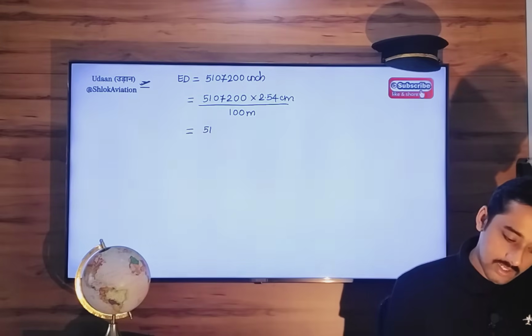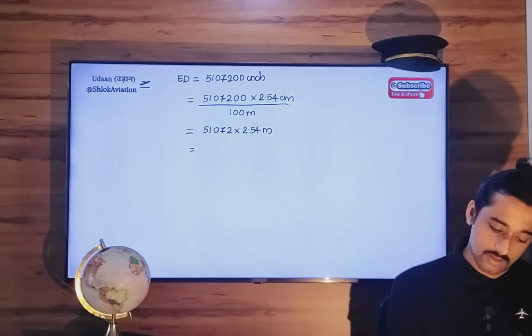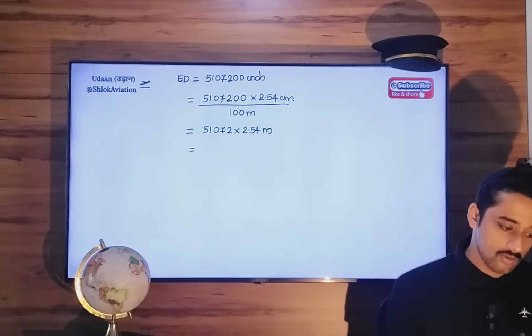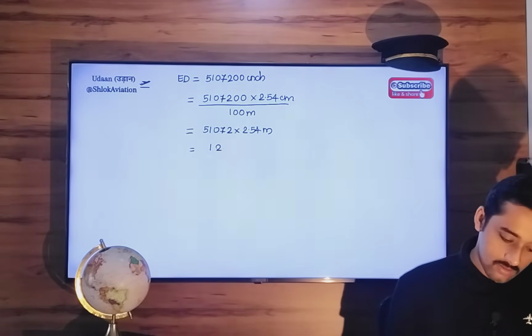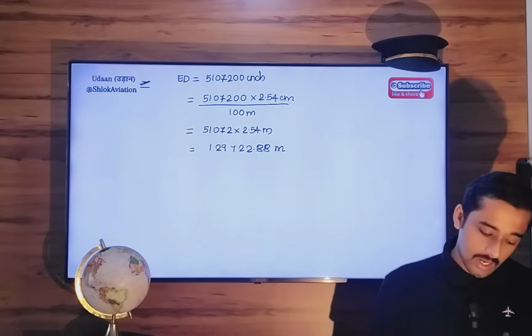So finally 51072 into 2.54 meter is equal to 129,722.88 meter. Now 1 nautical mile equals to